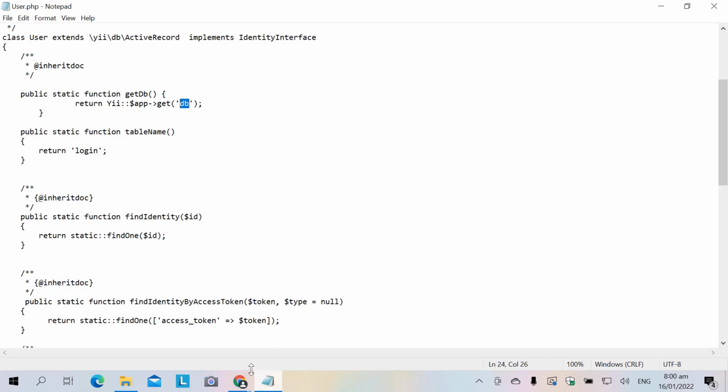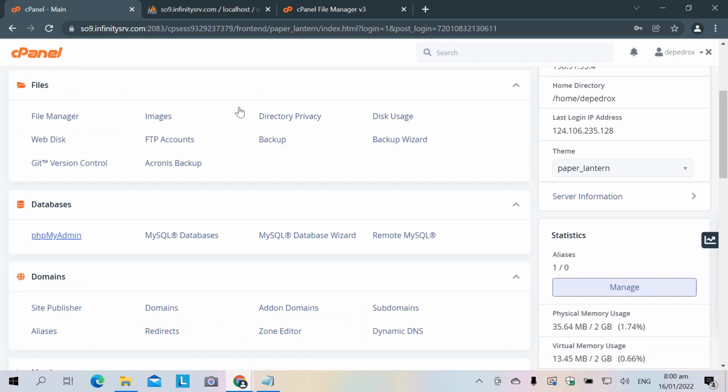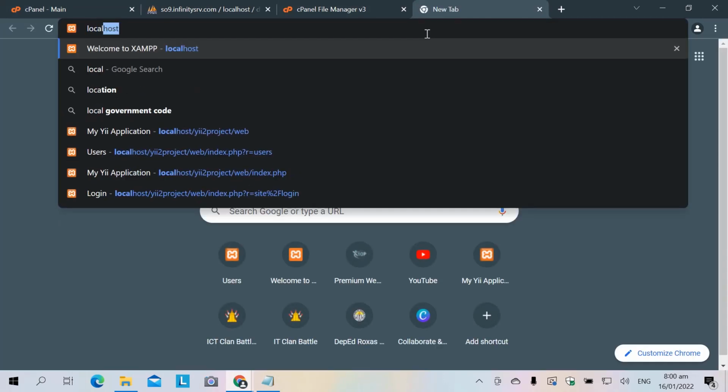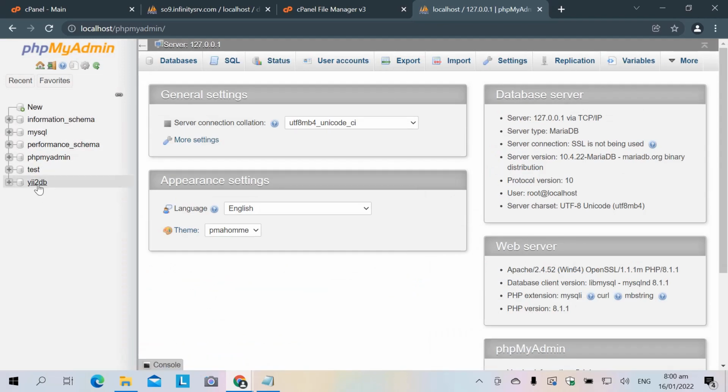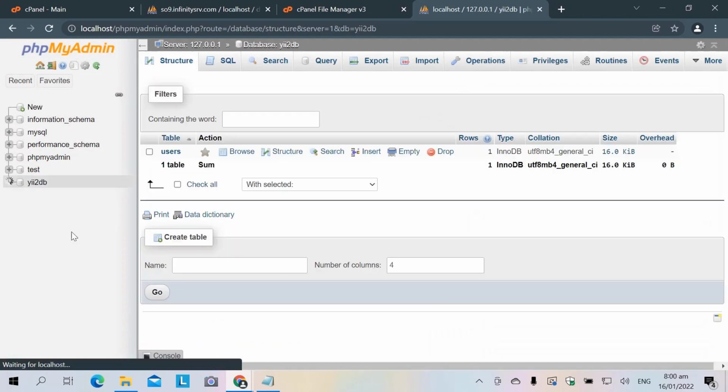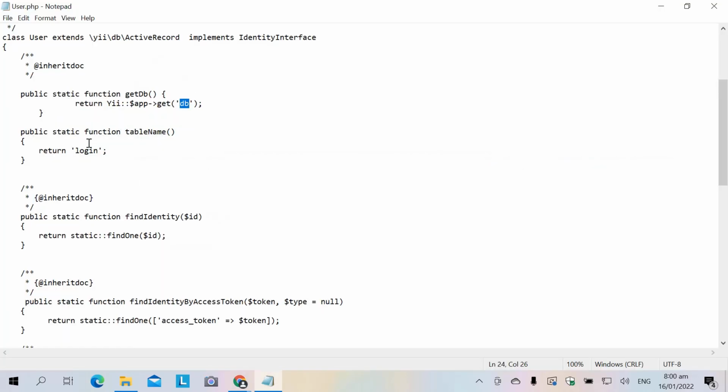So currently the table name on our users, after these users under the u2 database. Okay, so this one, users. We're going to change this to users,